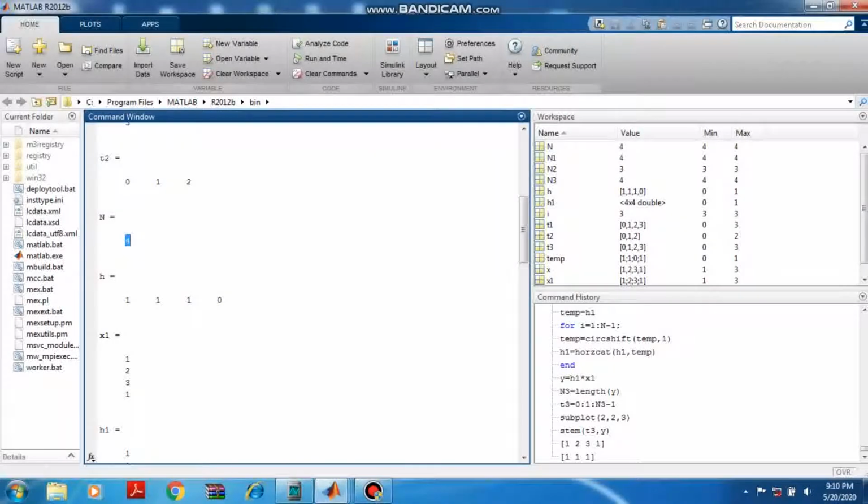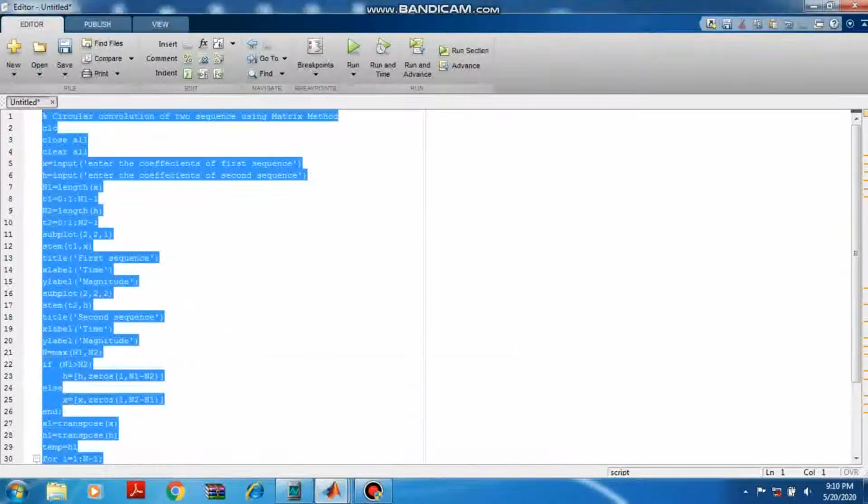So now, MATLAB checks if n1 is greater than n2. It came to know that n1 is greater than n2, n1 is 4 and n2 is 3. It means it chose h, the one in square brackets.